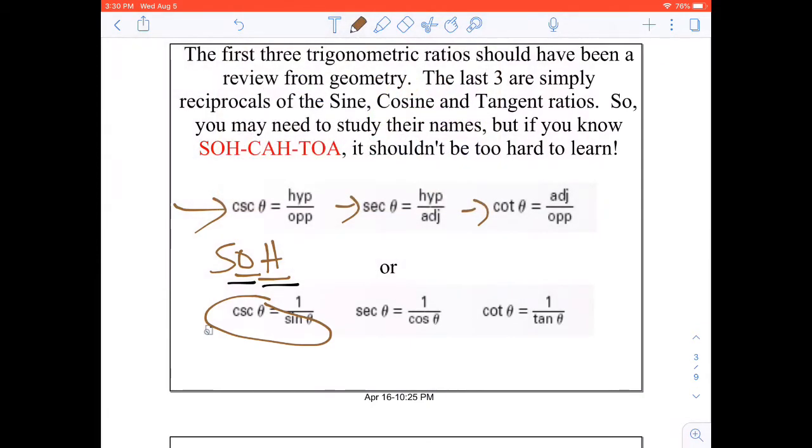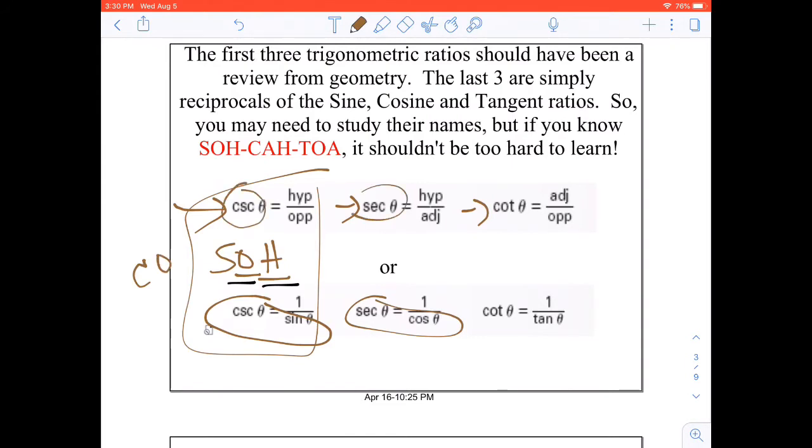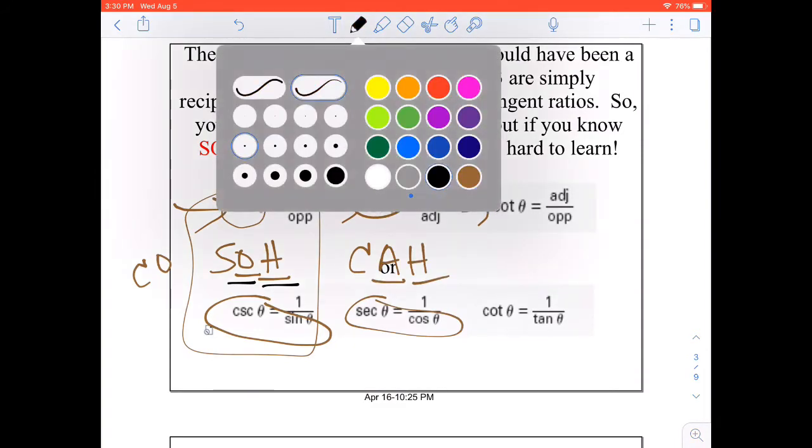Again, I remember that secant and cosine go together. How do I remember that? In each pair, one of them has a co. So the cosecant has to go with the sine, which doesn't have a co. The secant doesn't have a co, so it's got to go with the cosine. So if I know that cosine is equal to the adjacent over the hypotenuse, then I know that the secant